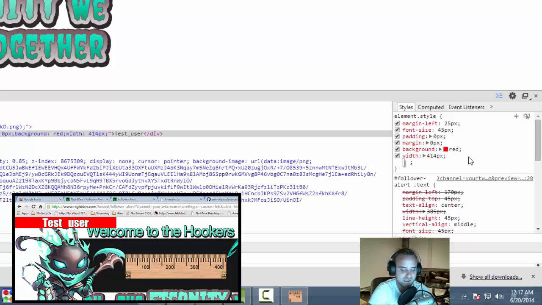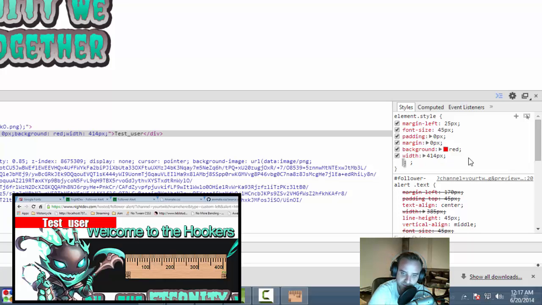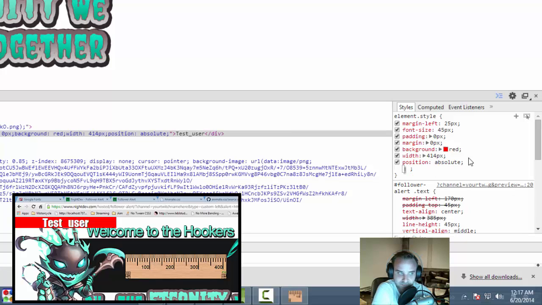Now, there's a few ways to position things in CSS, and what we're going to do is use absolute positioning. This basically means that from the top left corner of our red box, we are going to move it from the top down and left over from the top left corner of the entire screen. So we go over here and do position absolute. All right, now it's prepped. You won't really see anything happen until you start telling it what to do. So we'll do top